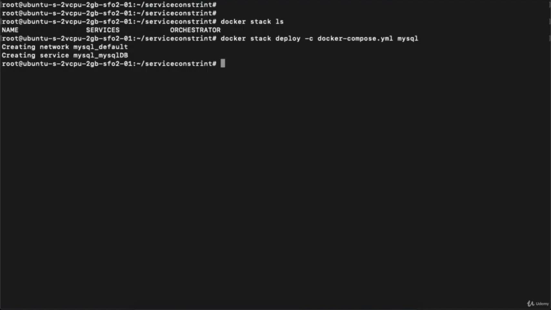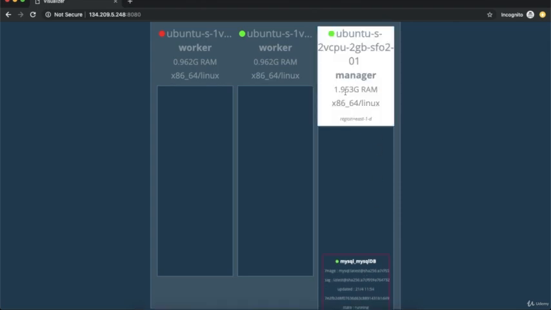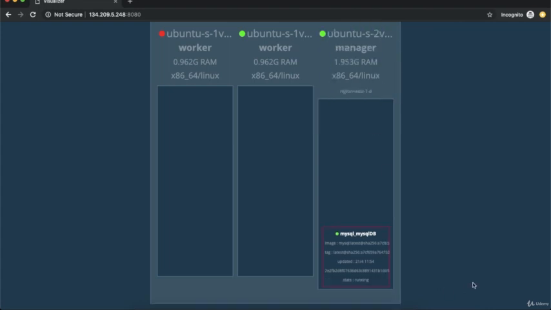So let's go to the visualizer again, and now you can see the MySQL DB task is running on the master node, which has the region east-1d. You can see over here, and this service is not blinking. The service indication is continuously green. It means this service is in a healthy state. So this is the way, if you want to put the constraint inside the docker YAML file, in a docker stack or docker service, how you can put the constraint with the help of the YAML file.